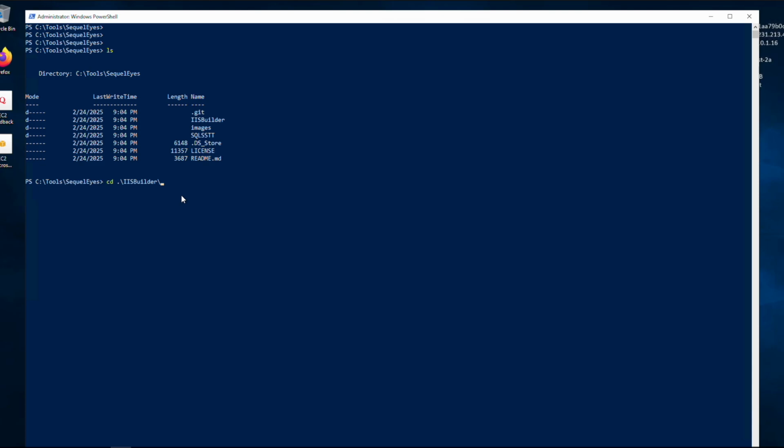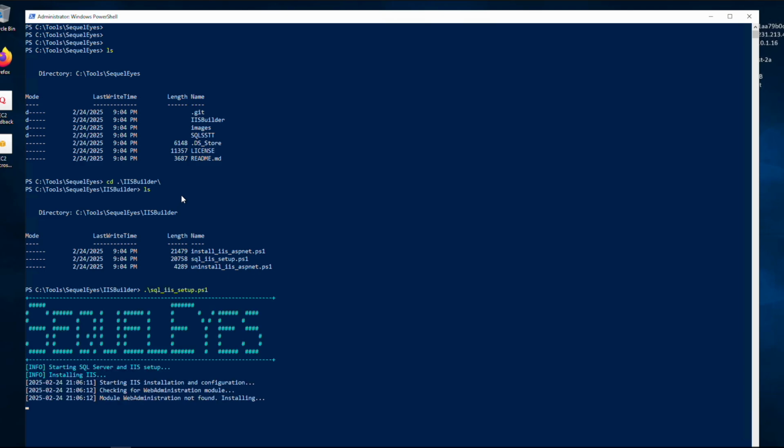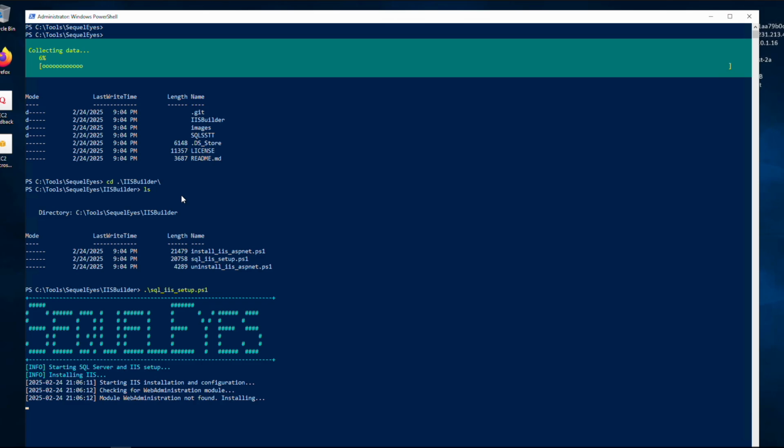We're going to break into the builder directory. And obviously within here, there's the install, the uninstall, but the main one we're going for is the SequelEyes setup script. Now this is going to run, and it will work to first install IIS using the install IIS ASP.NET script. And then once that's complete, it will go through and it'll ask you for SQL if you want to install that as well. And you'll want to hit yes so that you have a front end and a back end here using IIS